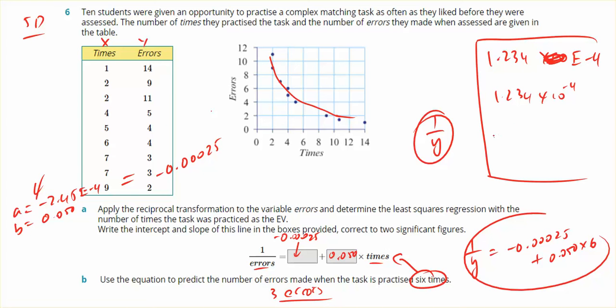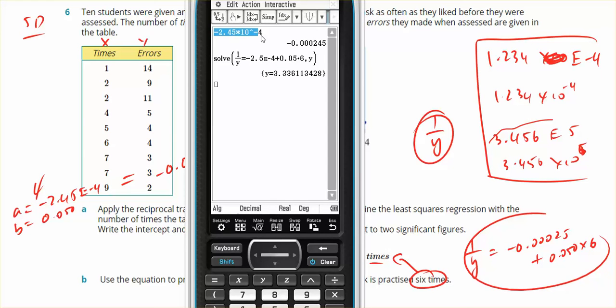If I had 3.56456 e to the power 5, that just basically means 3.56456 times 10 to the 5. So it's nothing to be alarmed about. It's just they've used scientific notation to represent a number. Okay, as long as you know how to convert it, and you can generally convert it on the screen. Like if you type that as what it actually is, it shows you what it is as a number. So hopefully